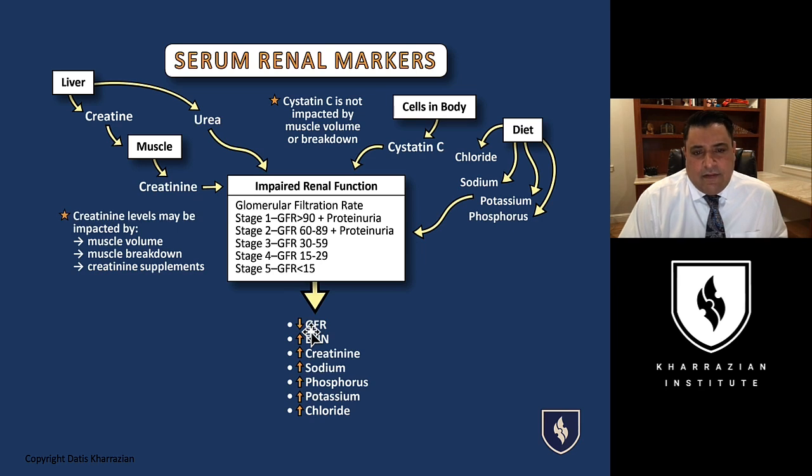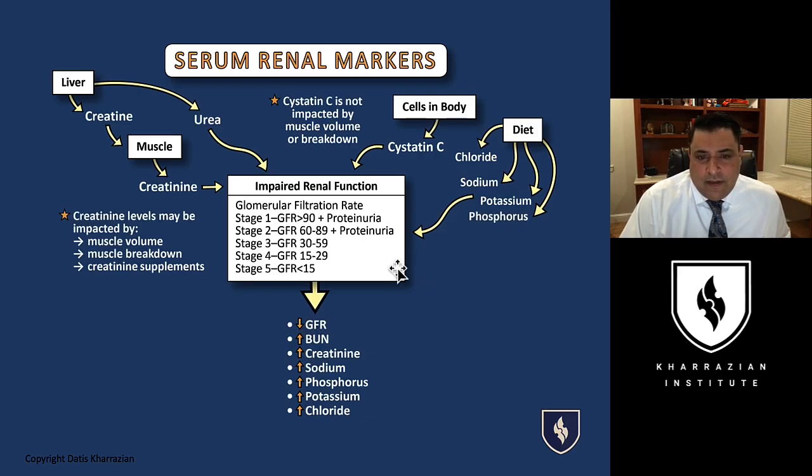Now, if you look at the GFR, you don't know what stage of kidney disease they have unless, first of all, you confirm that they have proteinuria, that they have proteins in their urine. The biggest clinical clue that someone has proteinuria is very foamy urine. You may have noticed at times with your own urine that if you had a really high protein meal, it's really foamy. People that have excessive foamy urine, that's a big sign that they have proteinuria. It's one of the things you should always ask a patient about, or if a patient tells you that they have lots of foam in the urine than usual, you definitely want to make sure that they don't have